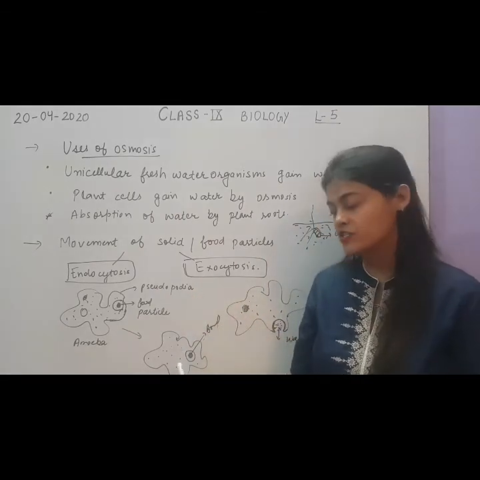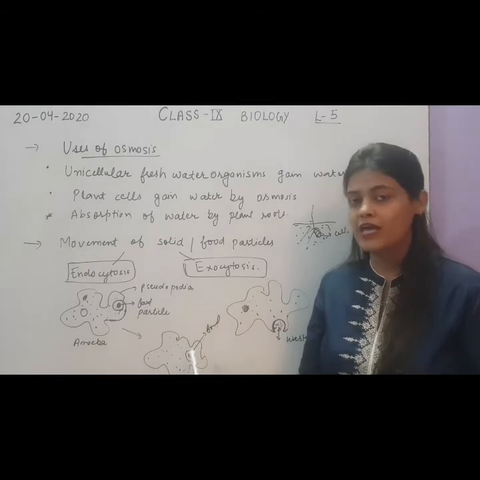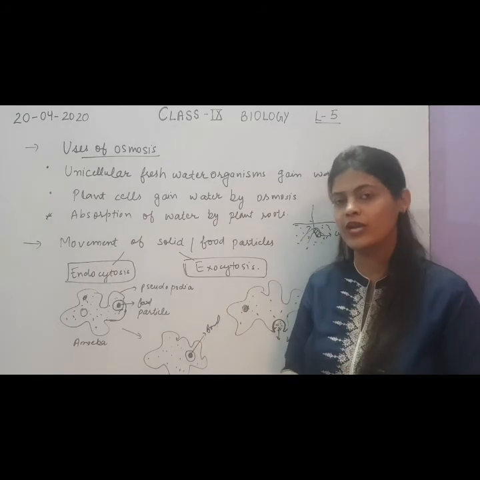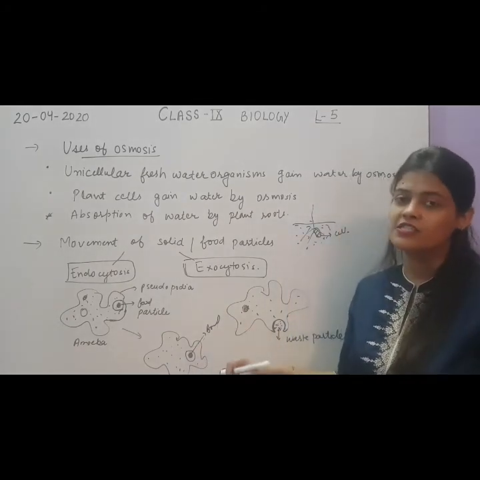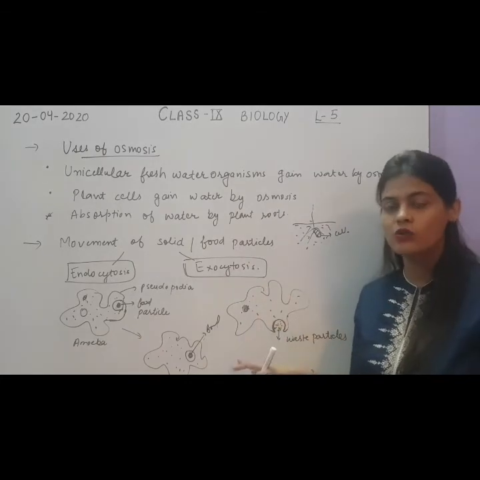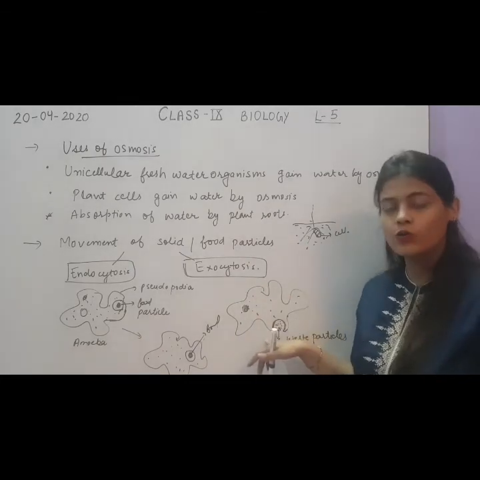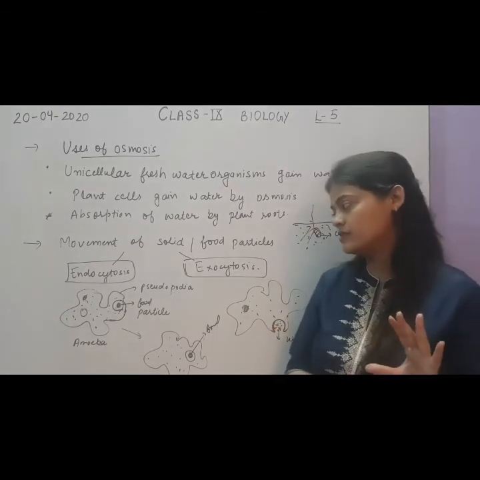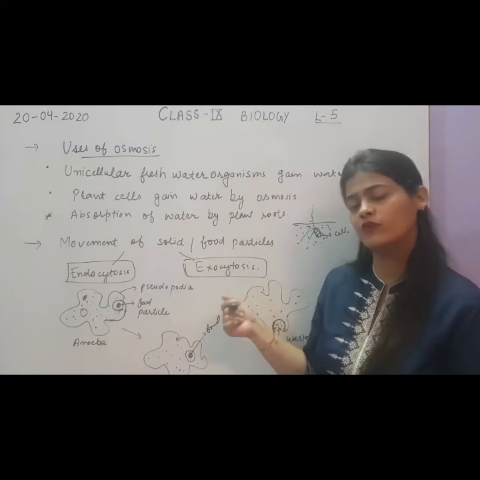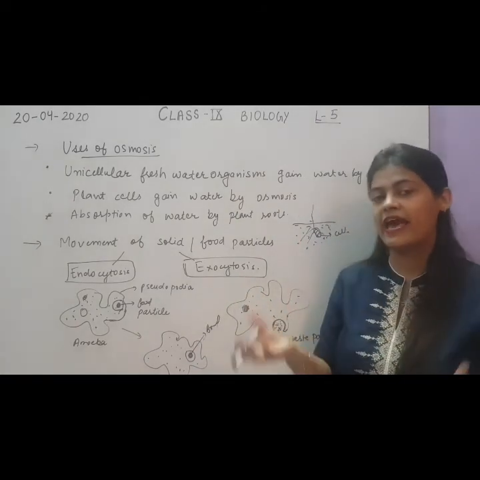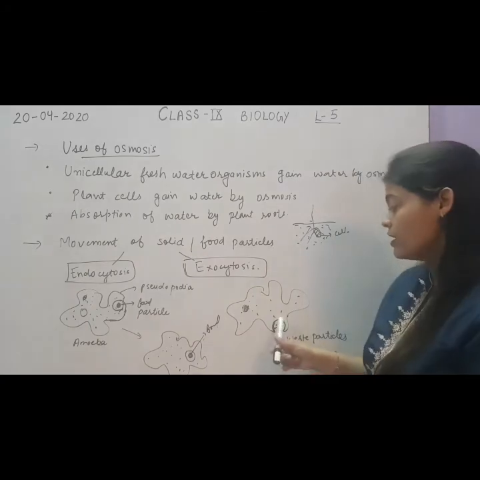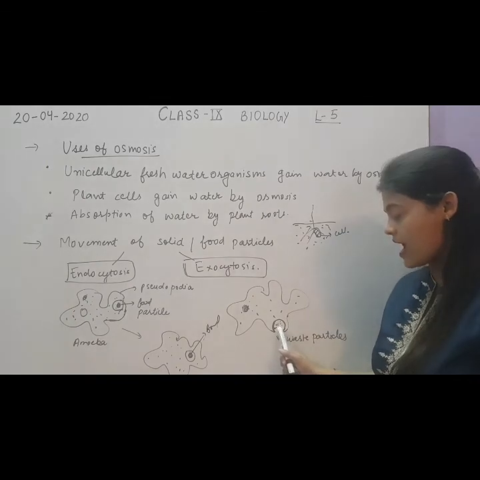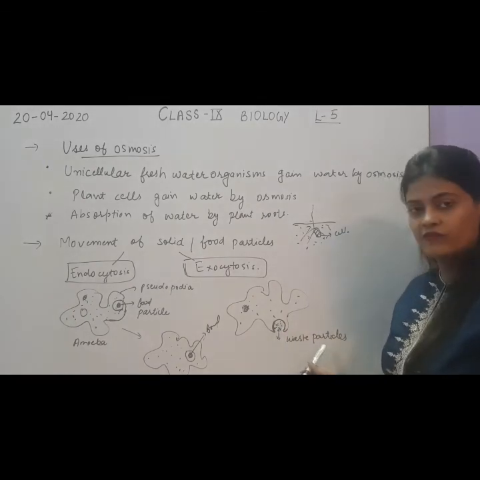Okay. Now after digestion, because the amoeba also has to digest the food particles, which is complex food for it, to make it simple it will undergo digestion, and after digestion the undigested or waste particles which need to come out from the cell will be released in a vacuole also. So this is also a vacuole. When we discuss it in detail, you will be clearer about what a vacuole is. It means carrying some particles inside it. So this vacuole will then fuse with the membrane of the amoeba and release these waste particles.